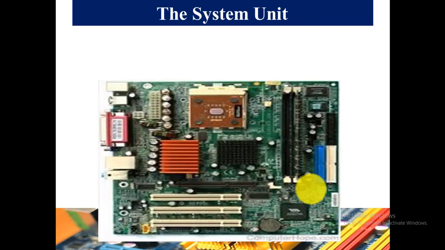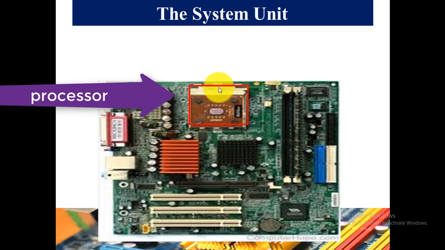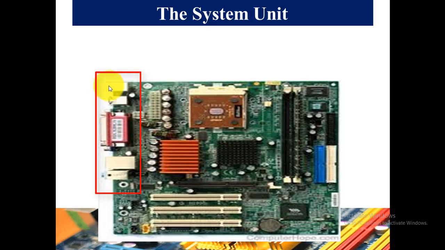So the system unit. In the system unit, you can see that this is the picture of the motherboard. In this motherboard, you can see that there are multiple components placed on it. Here you can see that this is the processor. These are the different ports. There can be mouse and keyboard plugins, or a LAN card port, or there could be parallel or serial ports that are used to connect the scanner, printer, and modem with the computer.